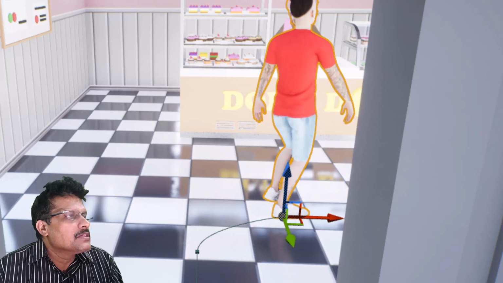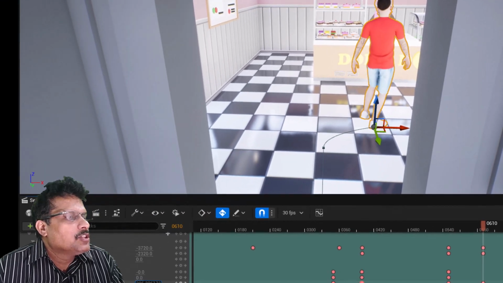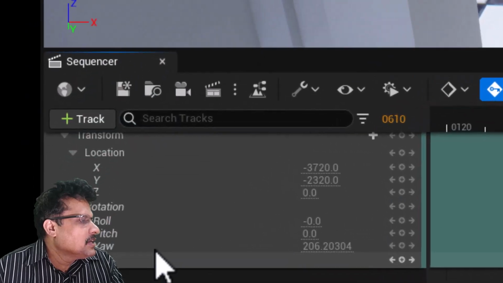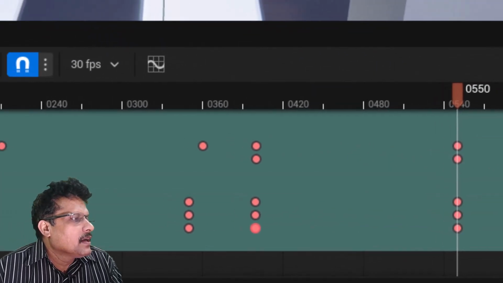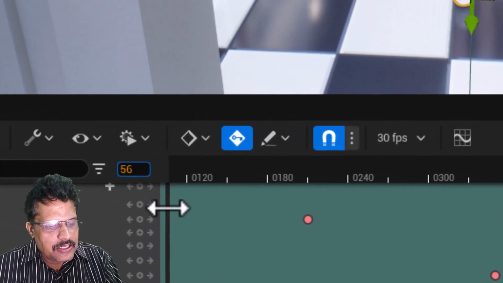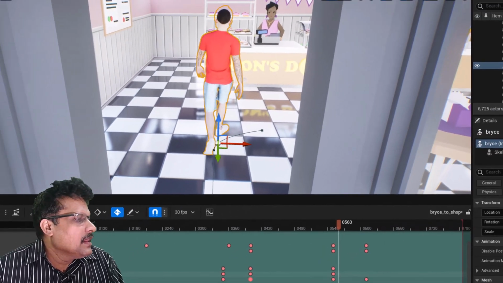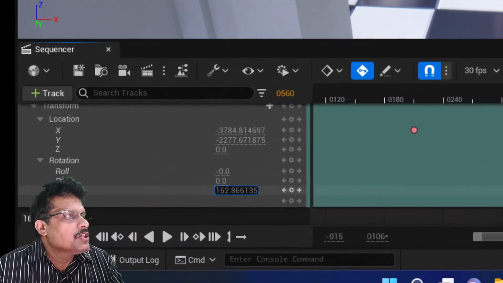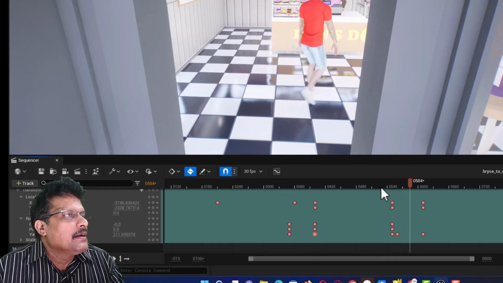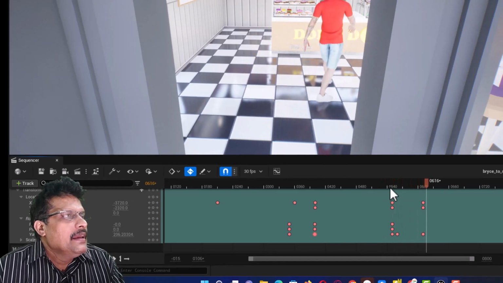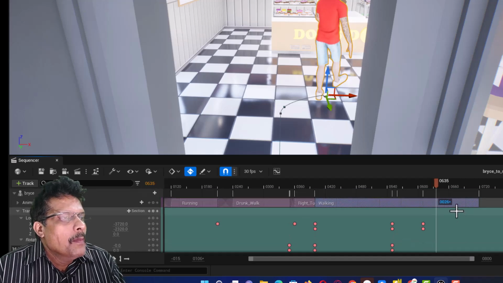and here I want to add a slightly rotation like this. He is going to actually have this rotation angle at 610, and the previous keyframe I had for rotation was 550. I will come to around 560, and I will again set his rotation slightly to an angle like this, so that now he is going to walk a little, takes an angle, and he is going to now by around